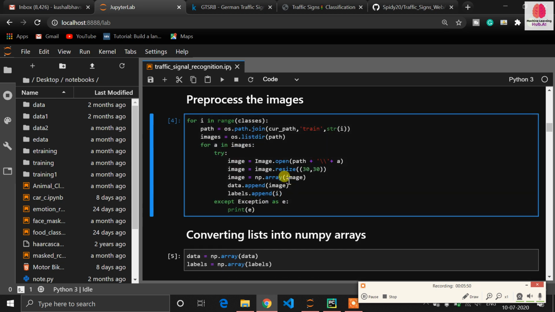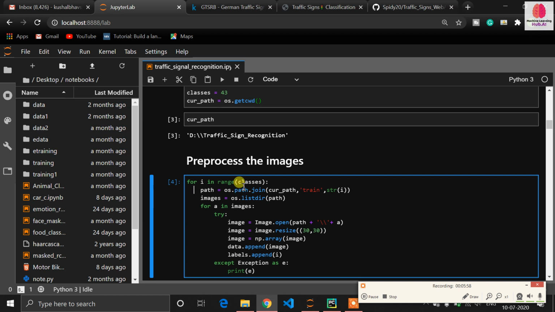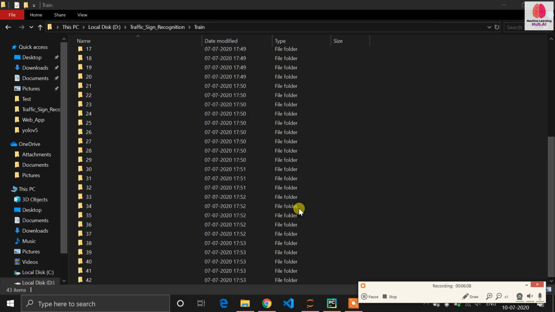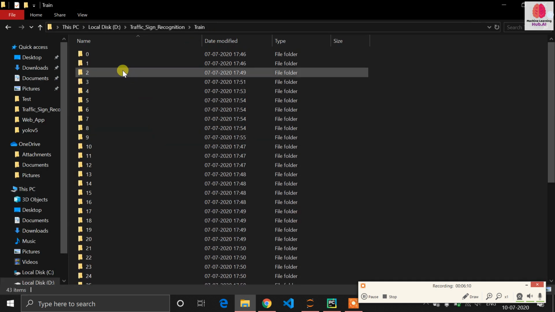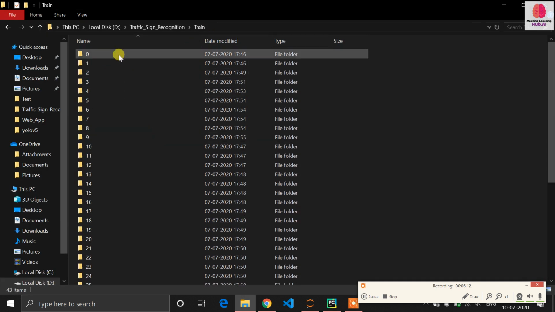It's time for preprocessing the images. Obviously we need to iterate over the images, so we are using a for loop: for i in range(classes). We have 43 classes, so this loop iterates 43 times. We are using path equal to os.path.join. Let me explain logically. Understand this is the zero step of the for loop.